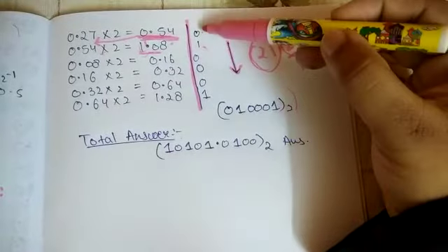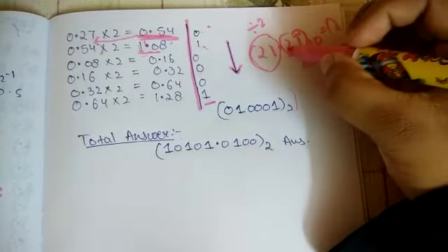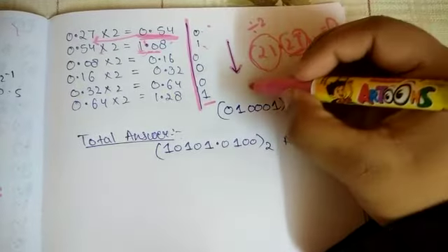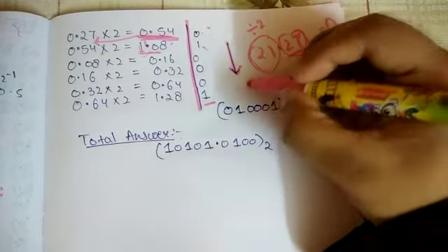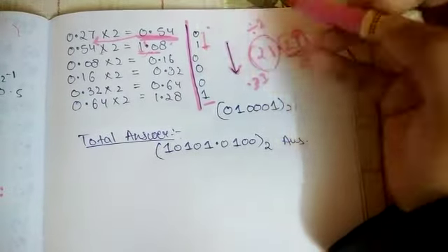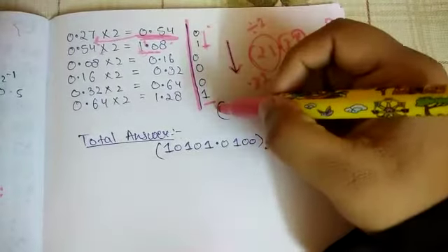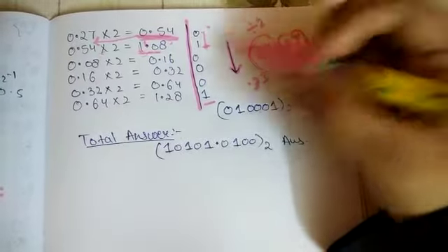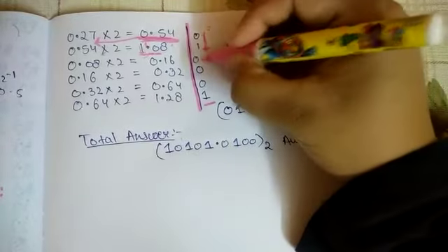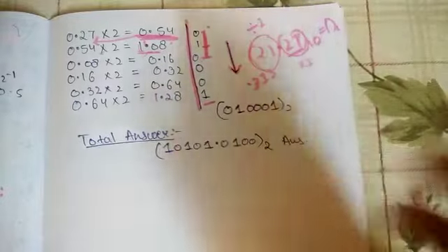It is not necessary to go all the way down. We can stop at the position matching the number of decimal digits. Like in the question we have 0.27, with 2 digits, so we can go only up to here as well, but for understanding purposes we have gone further. For your simplification we can stop over here as well. If we have 3 digits, we have to make sure we at least go till this step.